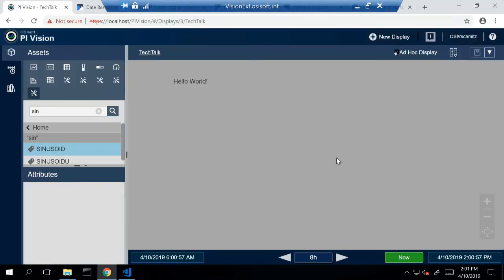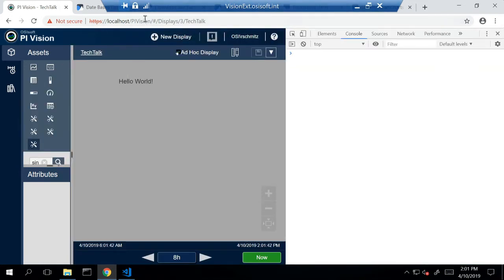All right. So now this brings us to the next important thing for PI Vision extensibility. If you're actively developing symbols and changing them on the fly, as many of you who are familiar with browsers know, they like to cache information so that it doesn't have to constantly be loading from file. But if we're editing those files and making changes to those custom symbols as we go, and we're in the process of actively developing them, we do need to make sure that the browser is going back to file, back to that actual ext folder, and loading up the new code that we have. So the way we do this, or the way I've come to do this, is hit F12 in most browsers, and we should be able to pull up